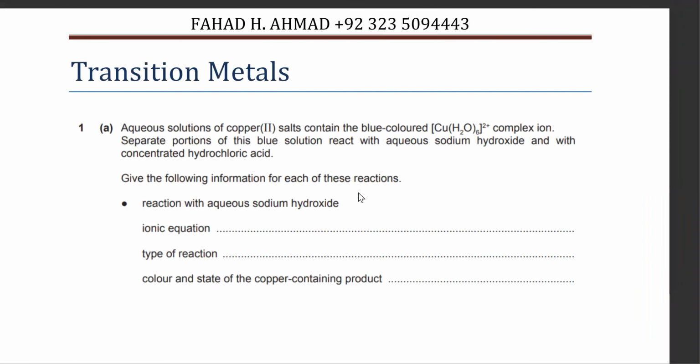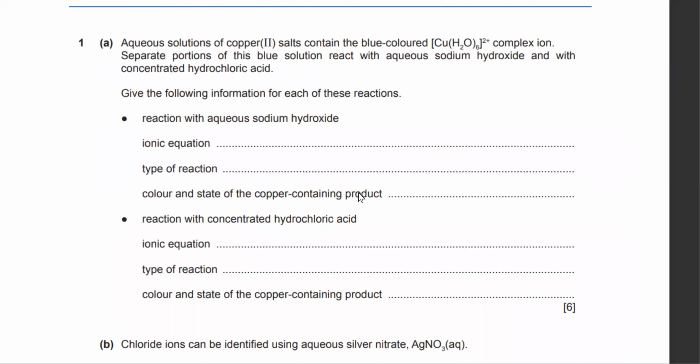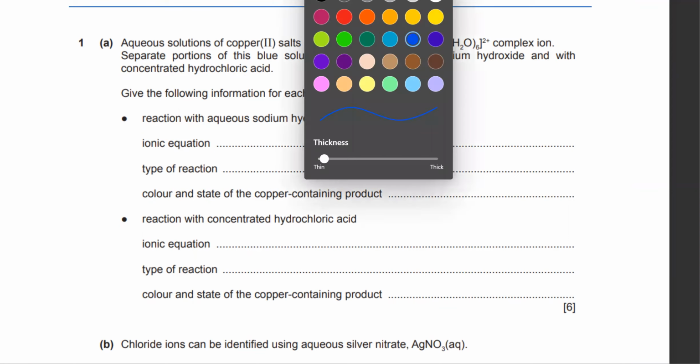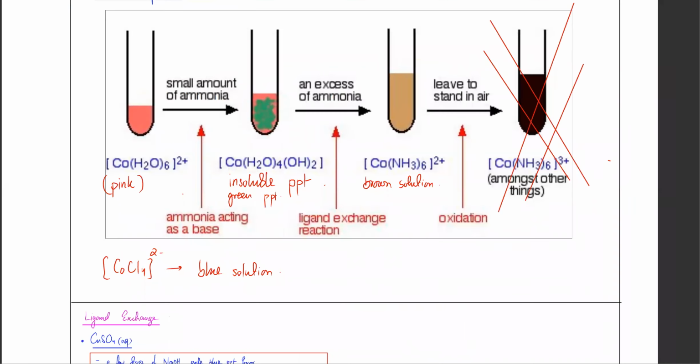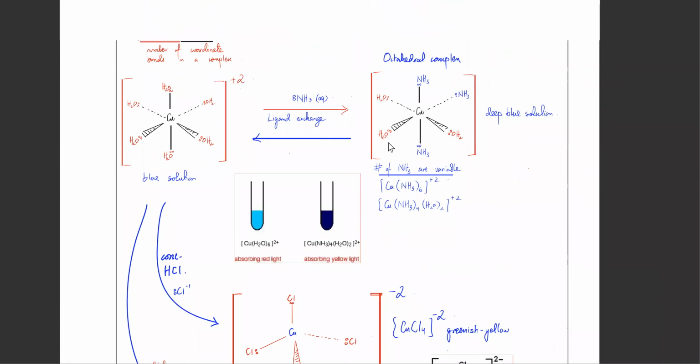That's regarding transition metals. Starting with the first one: aqueous copper 2 salts contain blue colored complexes, and you're being asked to identify them. Give the following information for each of these reactions: the ionic equation with concentrated hydrochloric acid and the type of reaction, also the color and the state. First thing, remember this, that there are going to be questions regarding ligand exchange,